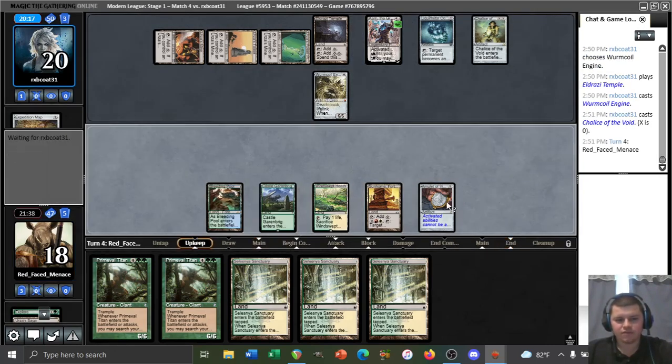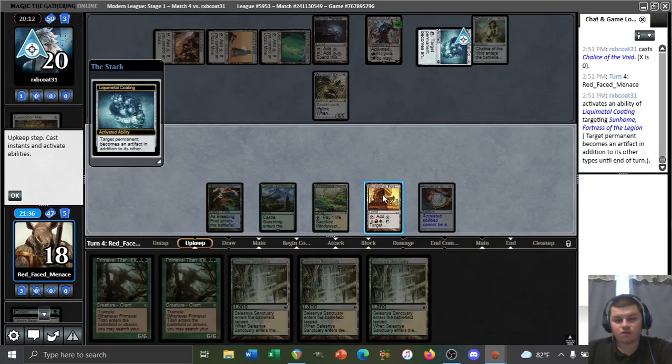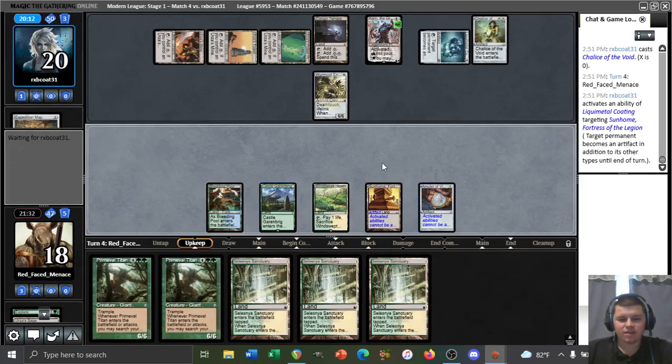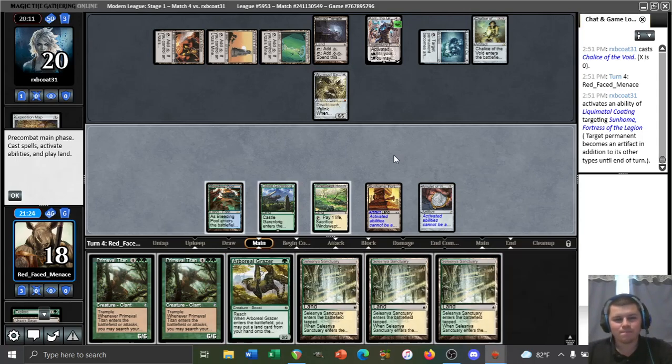Alright, we'll just untap here and draw. Assume they're coding the Garenbrig. Coding the Sunhome. Sure. I guess that means we can't double strike Titan, potentially, but this does let us get Titan into play. Ironically, if they had coded the Garenbrig, then we would have been able to play Titan with this Grazer anyways, but,